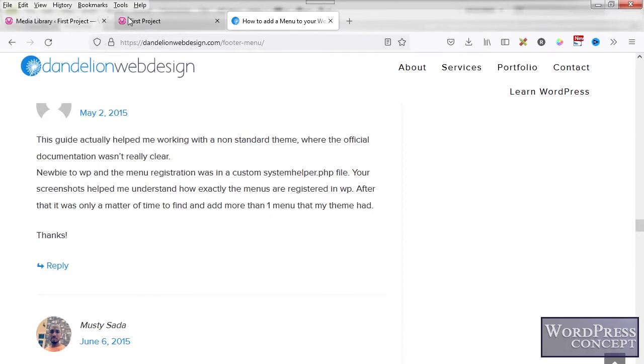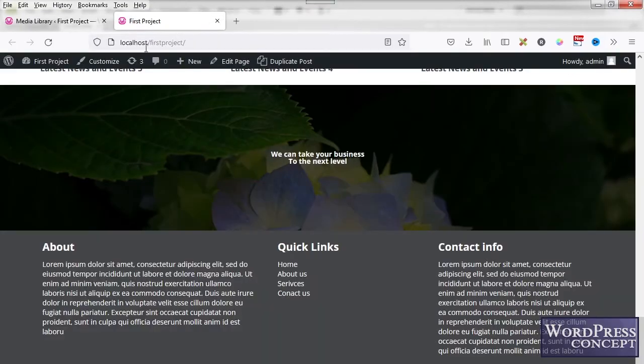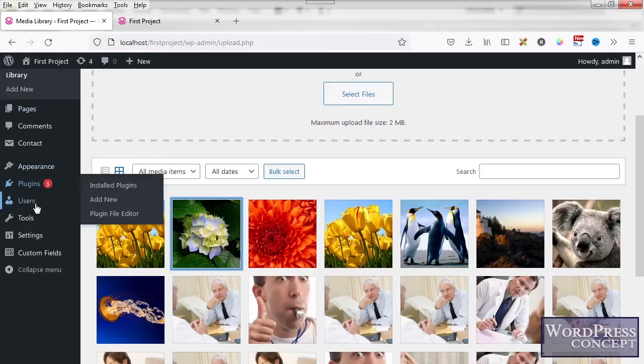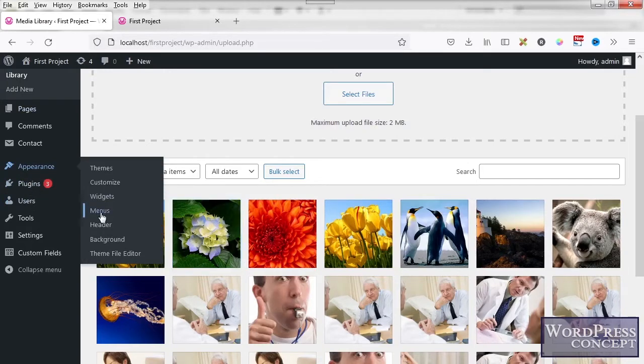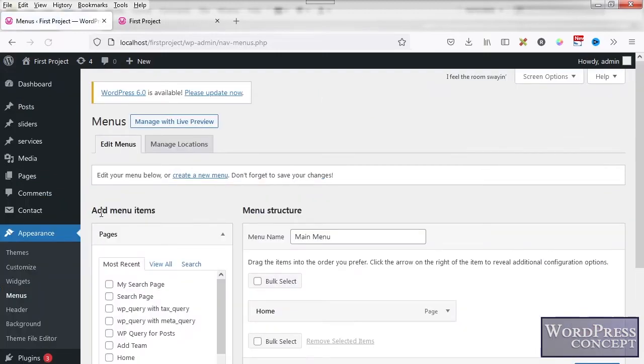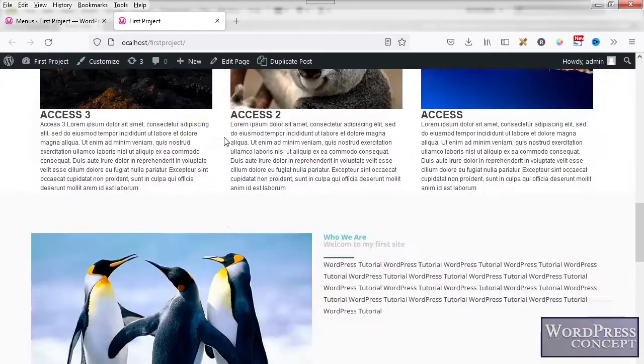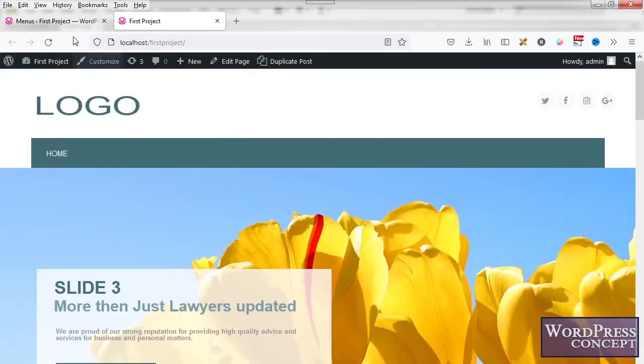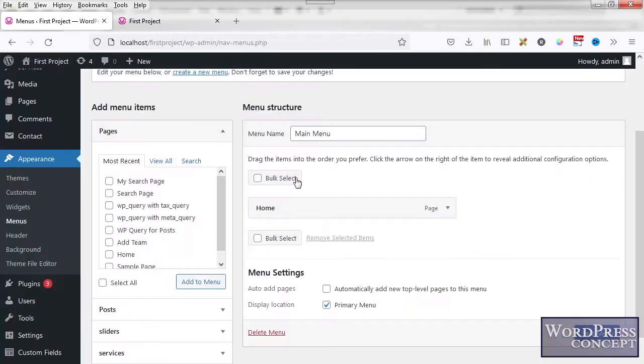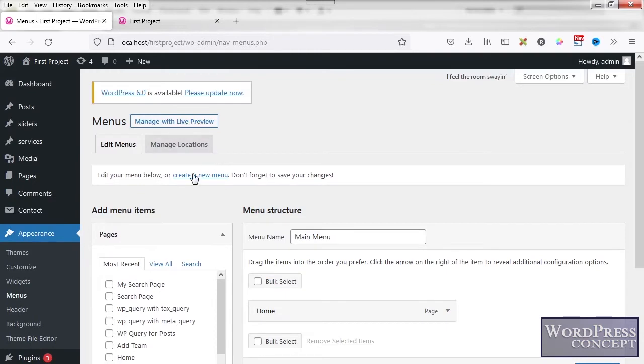Let's see what we have in the menus. Okay, we have only one menu that is showing at the top part of the website. Now there are two ways. Either I can use this single menu in the footer as well, or I can add a new menu. So let's add a new menu so that you can see how a new menu can be added